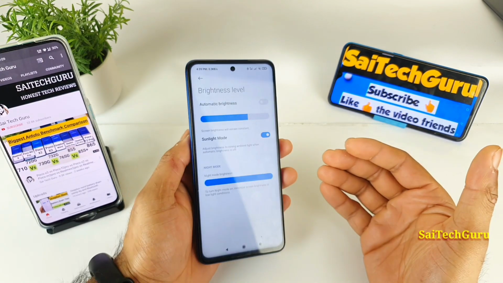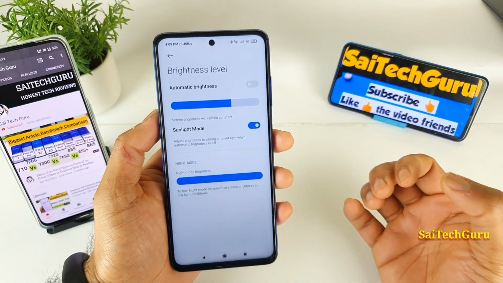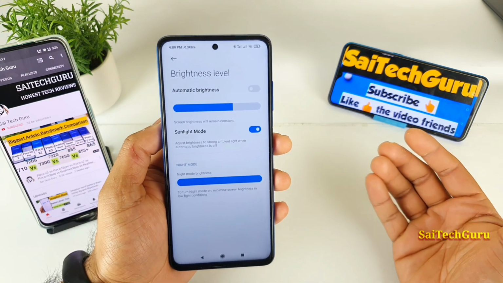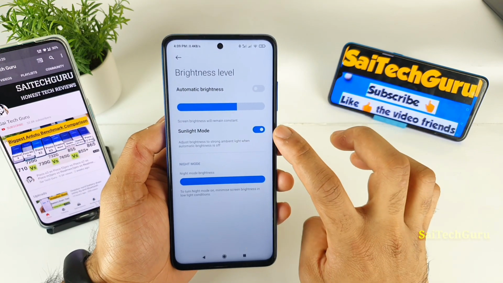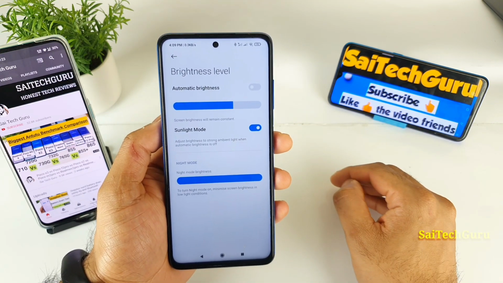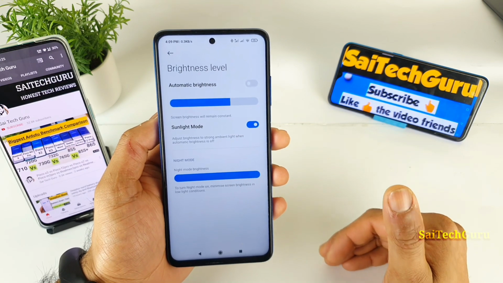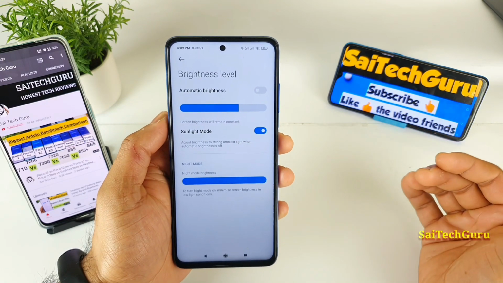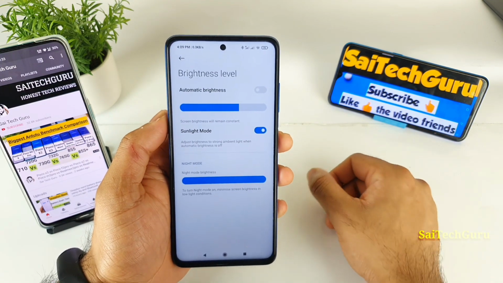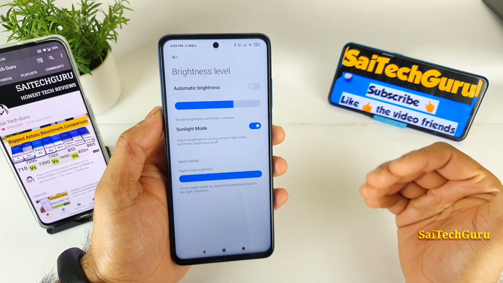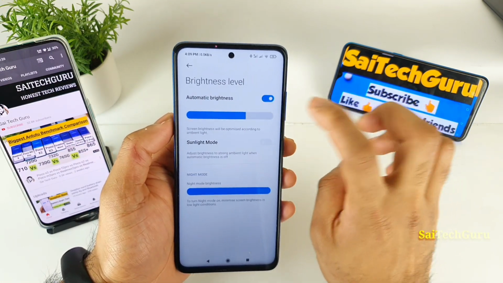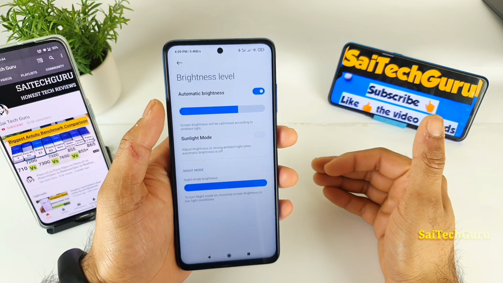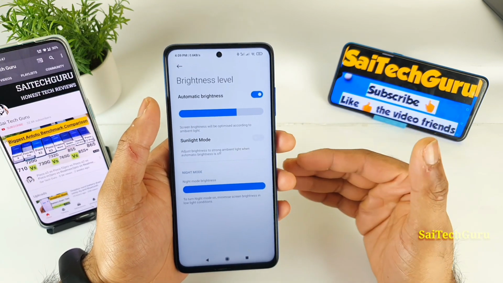This can be an advantage for some users. For example, if you're in a room with different lighting conditions, you don't want the screen brightness to be changing every time under the lighting condition. So if you enable this option, when you're out of the room in the natural environment, then definitely the brightness will increase a lot. That's why every time I'm going to work, I prefer to use this sunlight mode. Every time I step out of my building, the brightness will automatically increase, instead of changing every time if you choose the automatic brightness. But in this video, I'll be testing the automatic brightness, how it is working and what the speed of the automatic brightness is as well.